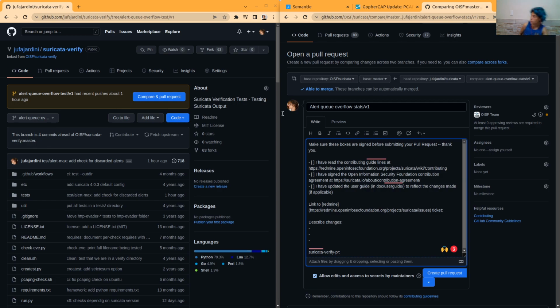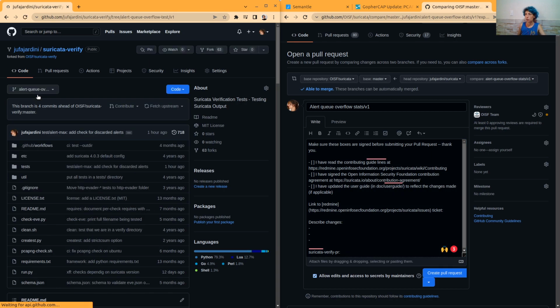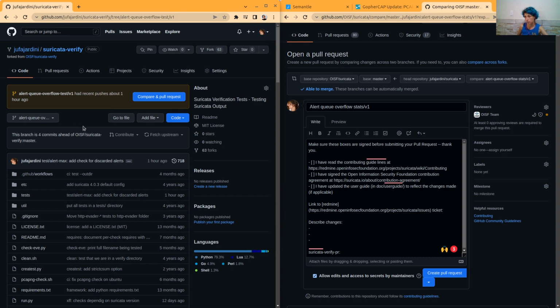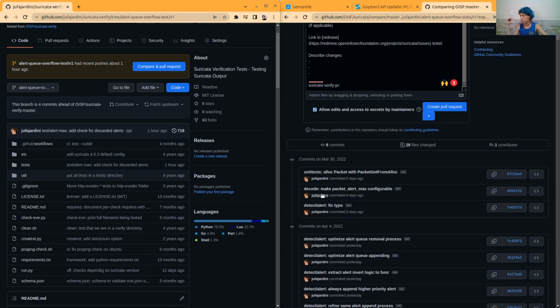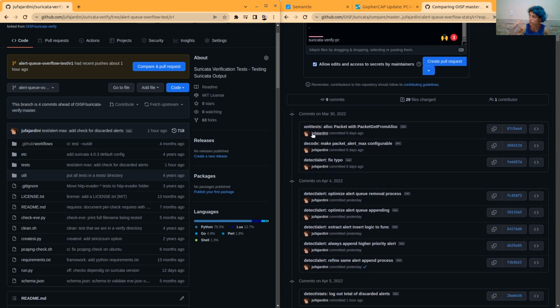I was just considering, let me try to organize my thoughts. So the work I did on the Suricata Verify side was done on top of other changes, and that's what we see here. We have 4 commits ahead of master because there are a few changes connected. And well, the same is true here. I'm doing work on top of other work.